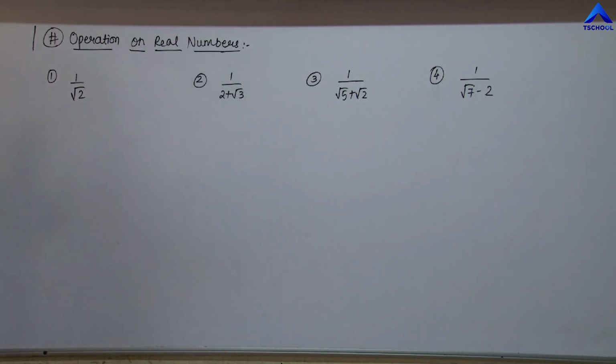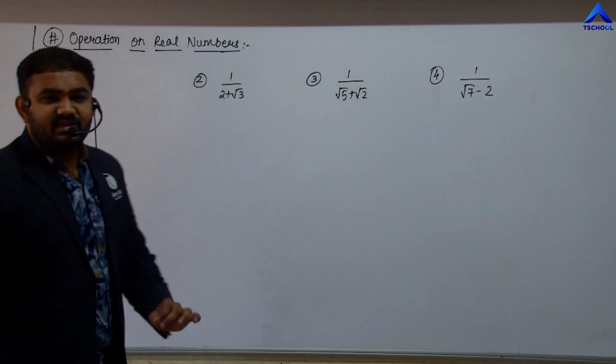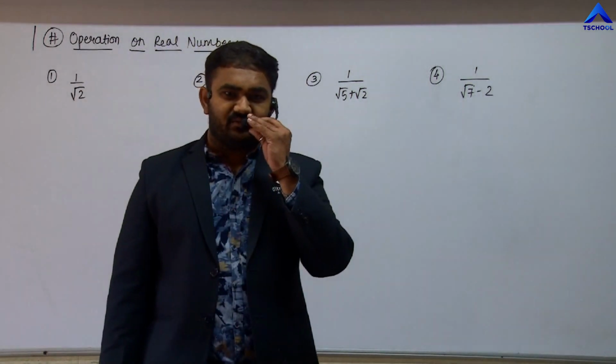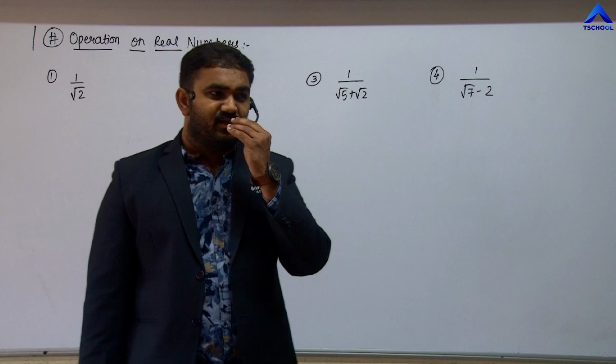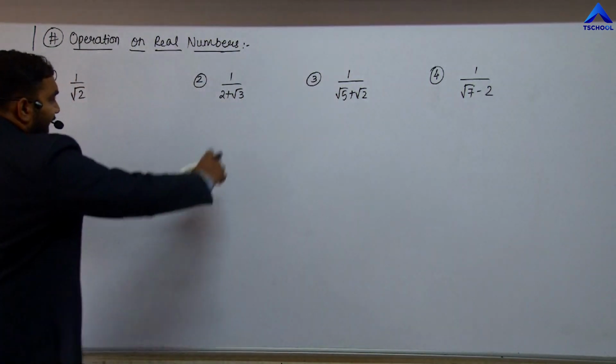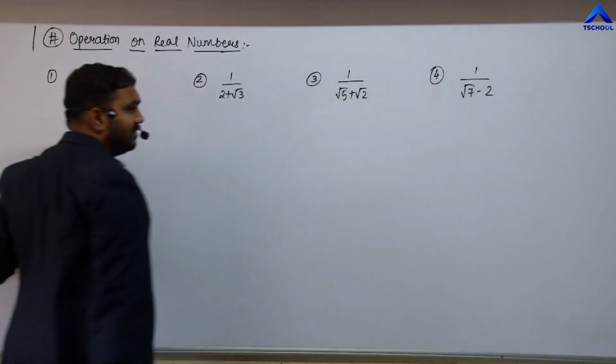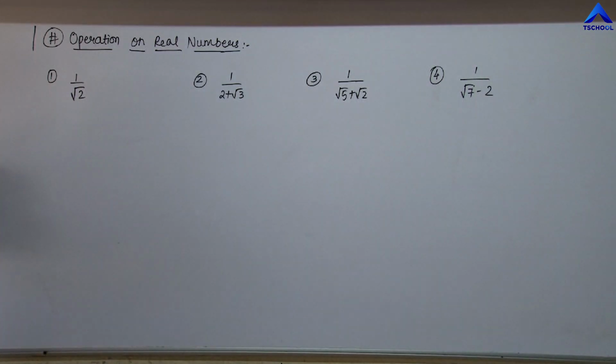So, what we are going to do is simply remove these irrational numbers from the denominator. Now, to remove these irrational numbers from the denominator, we need to multiply by a term that looks exactly the same as this one in the denominator, but with a slight difference of the sign. Okay. Now, when you have simple numbers, that is 1 upon root 2, at that time you are not going to change the sign.